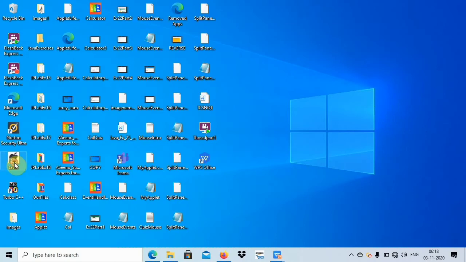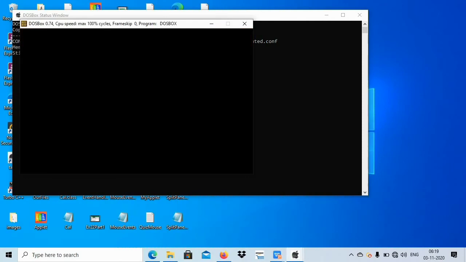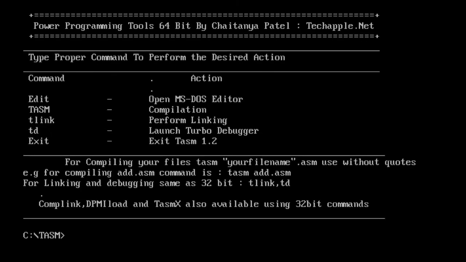Open TASM. I have already created the program, so just open that program, edit. The name of the program is expression.asm.